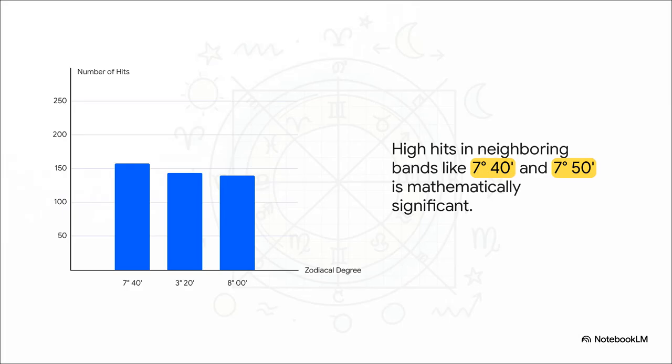And the results? Whoa. They were not random. Not even close. The hits all clumped together in just a few key hot spots. For instance, one tiny little zone got hit 158 times. But here's the real kicker. The zones right next to it also had a crazy high number of hits. That's not a fluke. That tight clustering, according to the source, is the mathematical proof. They found a real, live, vibrational point for soybeans.